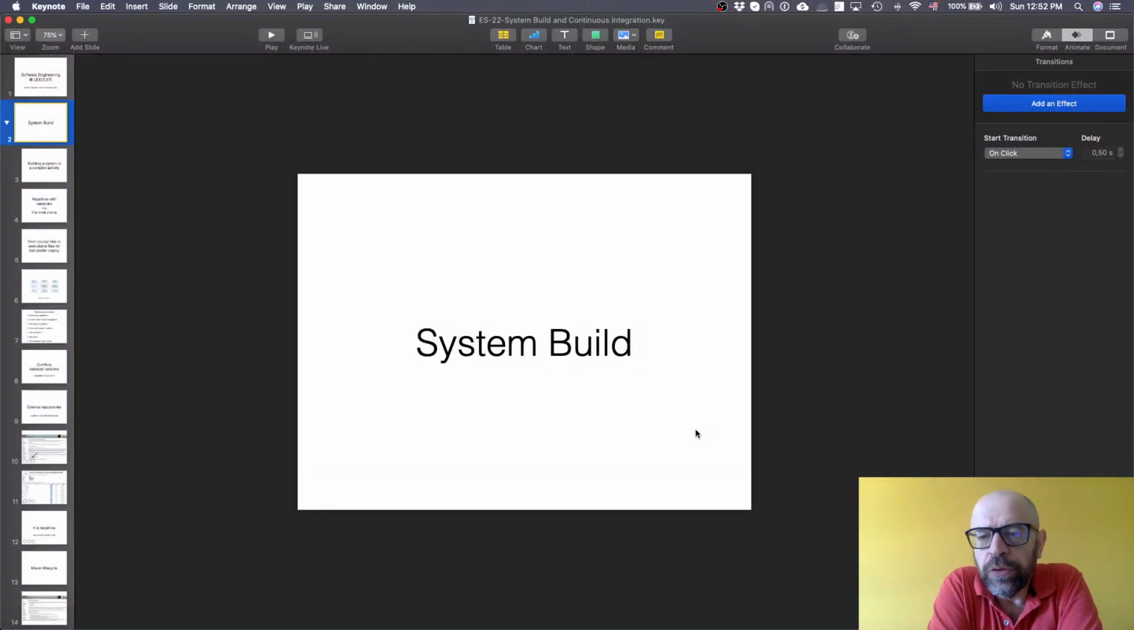Hello, now we're going to talk about the system build. So, how do we build the system? What we are addressing here is building the system, so from the source code, generating an executable